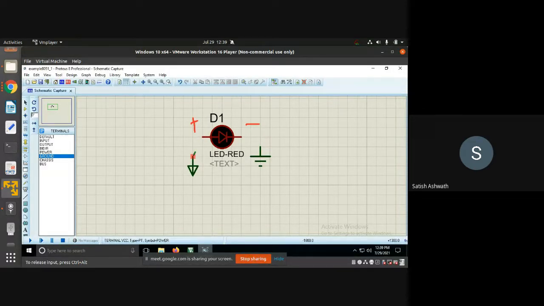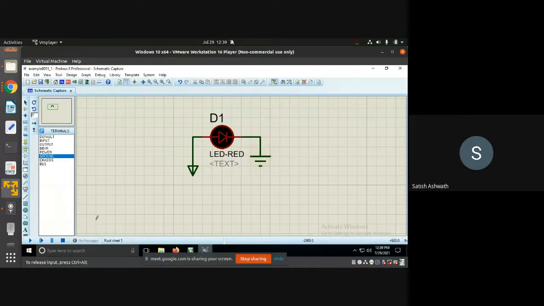You can see when you come at the edge of the component, it becomes highlighted. That means you're going to connect something there. Click on that edge, drag the wire, go to wherever you want to connect and click once more at that side. Now we have connected the power to the anode side. Similarly, click here, take your mouse to wherever you want to connect, and click here. That's all. Now we have connected the LED with positive at the anode and ground to the cathode. Very simple connection.